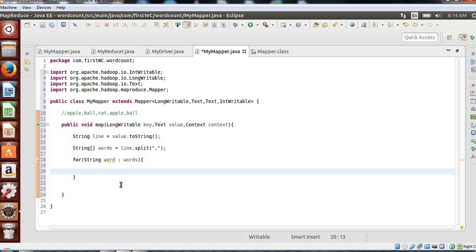Now my plan is to move it for the further step. From the mapper it will go to shuffle and sort, then it will do grouping, and then it will move to the reducer. This is what I have explained. So how to move it for the further step? That is the role of the context. As the name suggests, the context is where you are storing the current session of the job. Whatever you store into this context will be passed on for the further steps of the execution.